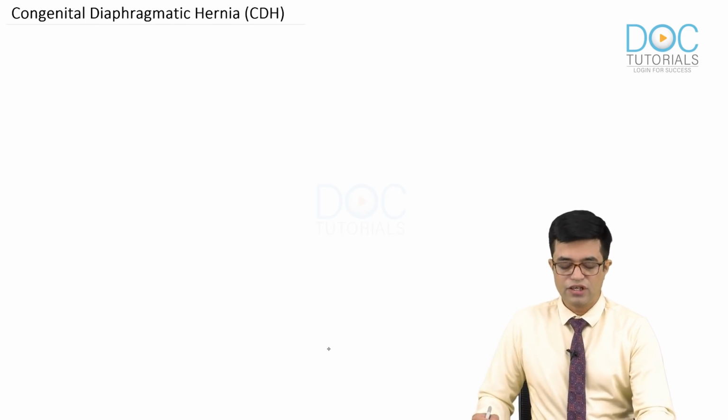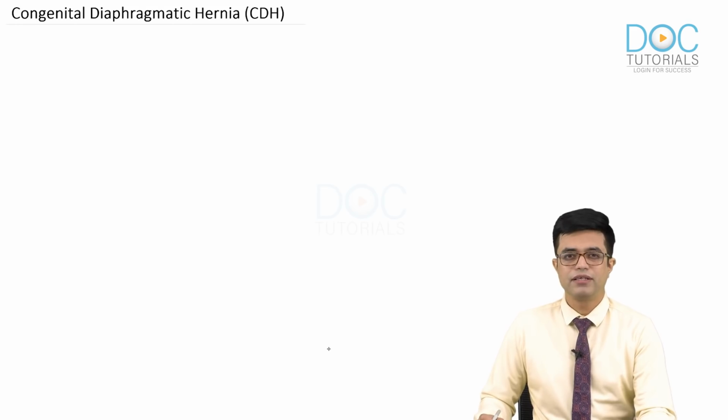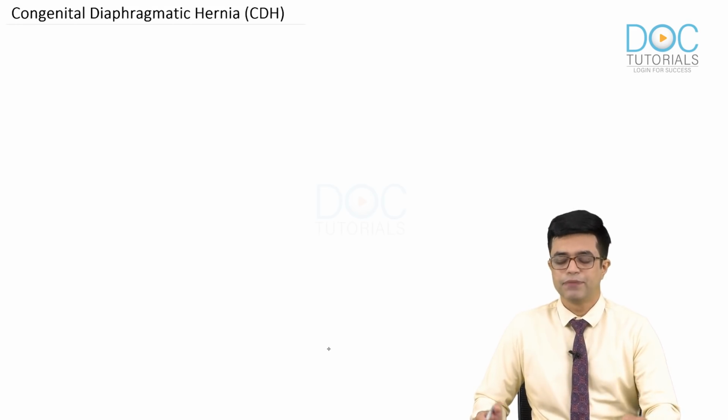The name itself is saying congenital. Congenital means since birth, diaphragmatic hernia means there is a herniation occurring from the diaphragm. According to Nelson, a diaphragmatic hernia is a communication between the abdominal and thoracic cavities with or without actual herniation happening or not. The thoracic cavity has a negative pressure and the abdominal cavity has a positive pressure. The two cavities are separated by a structure called the diaphragm. The diaphragm plays multiple important roles, with an essential role in respiration as well. If there is some congenital defect in that structure, the abdominal contents can herniate into the thorax depending upon the size. That condition is called diaphragmatic hernia.